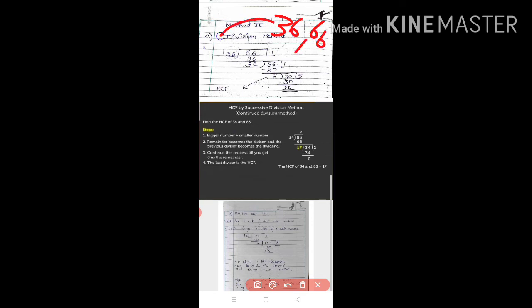So 36 you will put over here and 66 you will put over here, because that's the rule for how you divide. So 36 ones are 36. The answer you got was 30. 30 becomes your remainder. Now when 30 becomes the remainder, if you don't have 0 as your remainder, you cannot find the HCF. So my dear children, you have to become a little smart. So this remainder says, no problem, I will become the divisor.